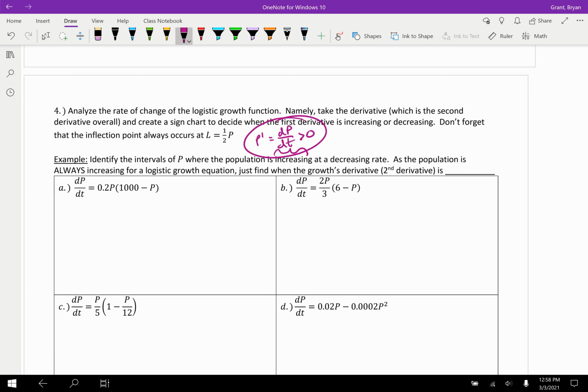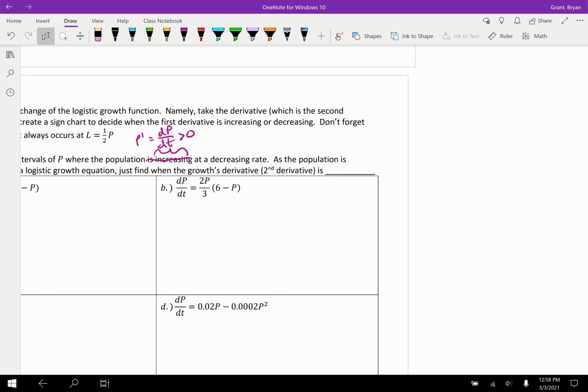Well, the first derivative is always positive, so that's kind of out. We don't really care about that. But when is the first derivative increasing at a decreasing rate? What does that look like? Well, there's probably 3 ways you can think of an increasing rate, right? We could increase consistently, just a straight line moving up. That would be increasing at a constant rate. You can increase at an increasing rate, which means you're going up, but you're doing it faster and faster and